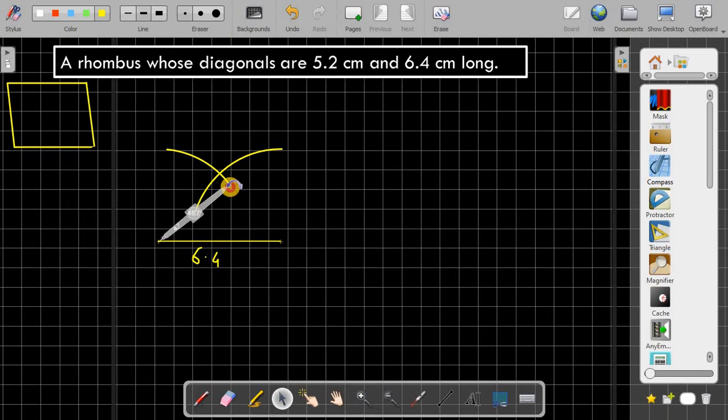make the arc. Same I am doing downside. Now I am changing its position to the previous end point. Finally I got this, and now I don't need the compass. The next step is that you have to plot the straight line. This is the straight line that I have drawn, and now you need a diagonal which is 5.2